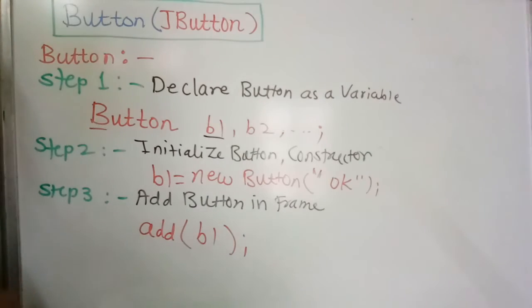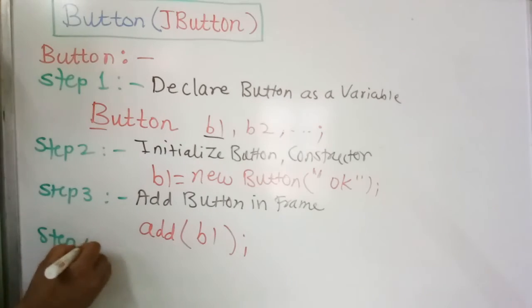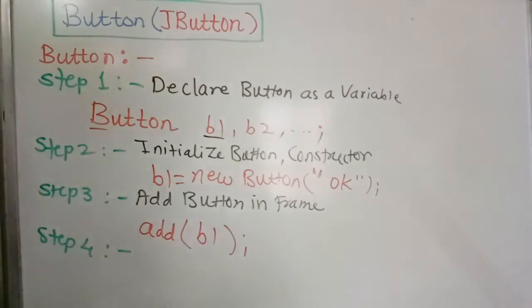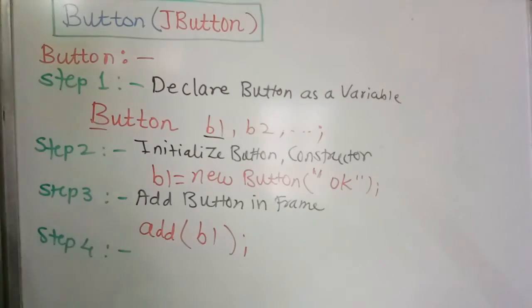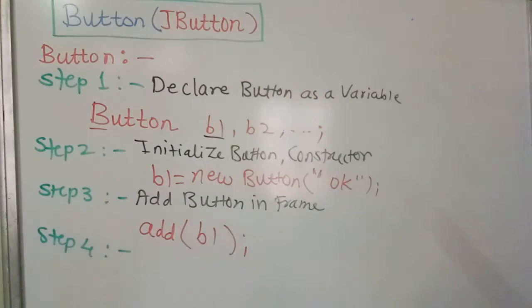At the third step, we place that button in our actual frame. And the last step, the most important step of our button event, is that we have to apply the click event on that button. Why are we taking the button? We are taking the button to apply some actions: on pressing that button we have to save some things, or cancel some things, or perform a lot of such things with the button.